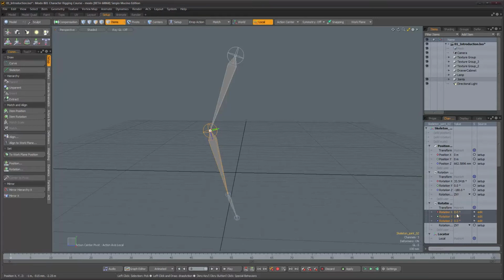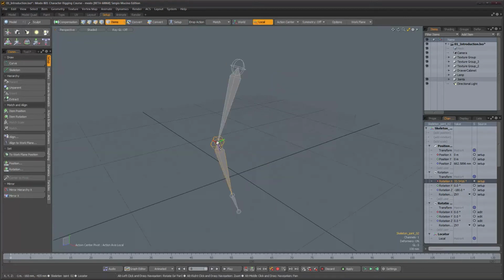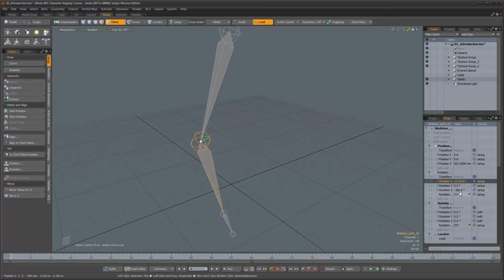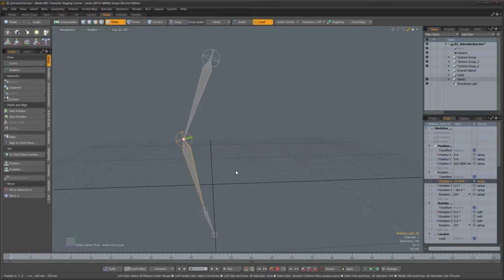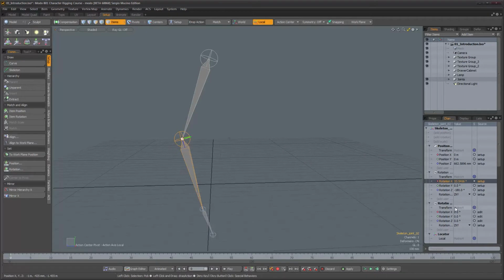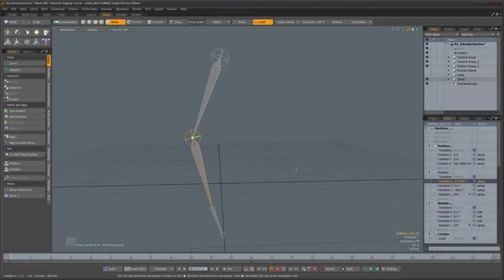So the primary will be zeroed, and the secondary will actually store the proper values when it comes to the orientation of this object in relation to its parent space. So you can see that we have a 33-degree rotation on x, which is this axis over here, which gives us this little bent angle, and we have a 180-degree rotation in z, and you will see why in a second. So this is important to know, because if you don't deal with this when we're talking about joint orientation